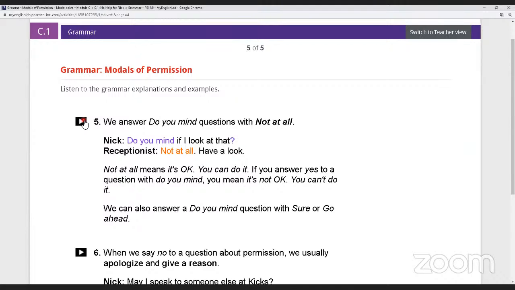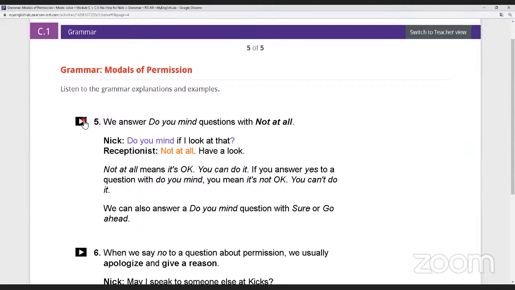Or do you mind if I turn on the TV? No, go ahead. Do you mind if I leave work early today? No, not at all. Okay. So the other situation is someone asks if they can sit at your table, but you think it's a problem, so you are not okay if they sit at the same table. You can answer like this.